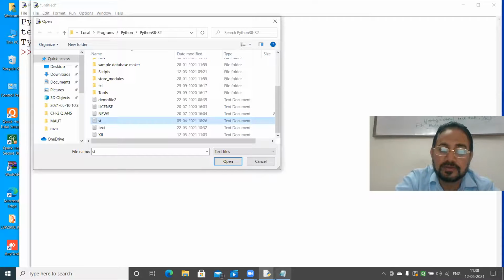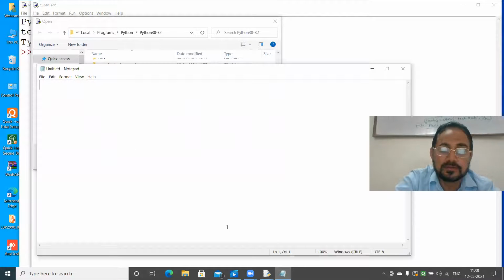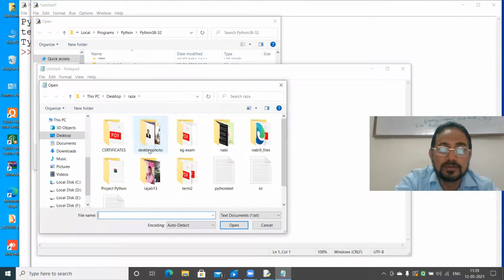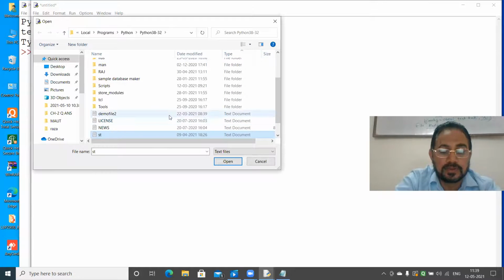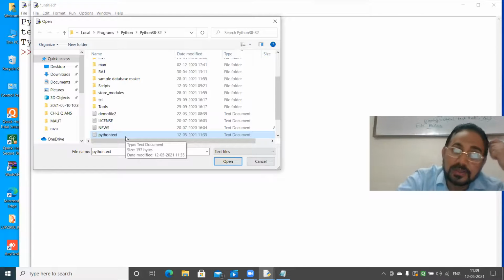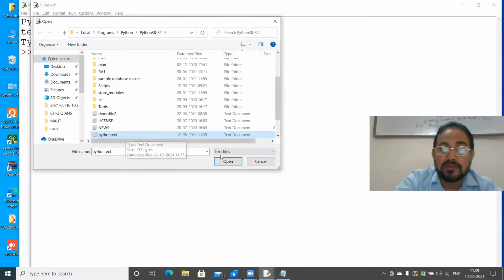Copy is not found. File is not copying. Why? Control C and Control V. See here, copied. Actually, I was closing. So paste. File is there.